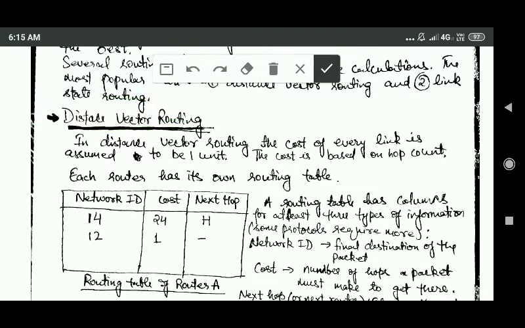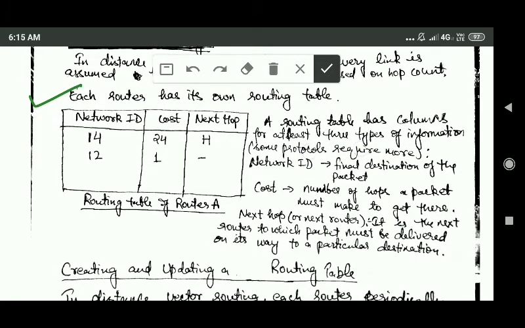In distance vector routing, the cost of every link is assumed to be 1 unit, and the cost is based on hop count. Each router has its own routing table, as you can see here, and each routing table of each router has 3 columns. One column is labeled network ID, one is labeled cost, and one is labeled next hop or